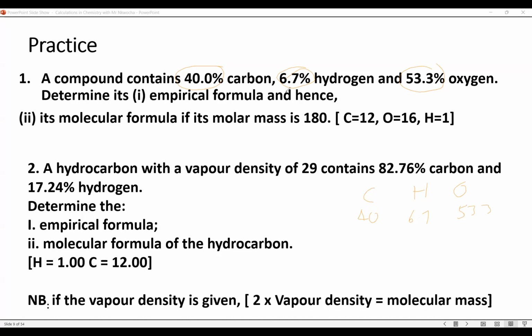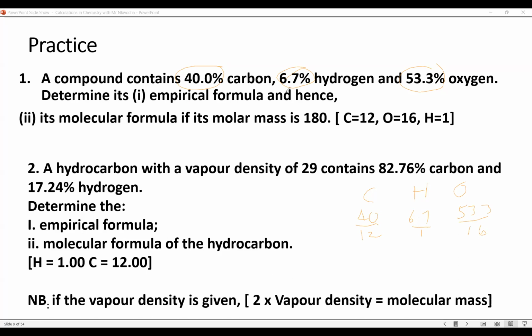So what is the relative atomic mass of carbon? 12. So divide that by 12. It's always given. Hydrogen is 1, divided by 1. Oxygen is 16, divided by 16. Now, what we have just done here, we have converted each of those things to their lowest possible value in